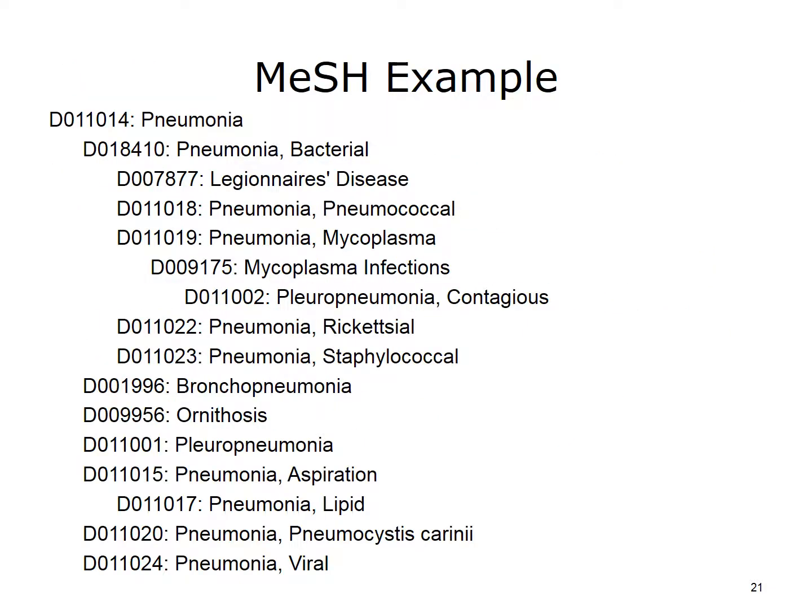Slide 21. This slide shows an example of MeSH terms. The MeSH terms are arranged in a hierarchical structure to permit searching at various levels. This MeSH example for pneumonia illustrates the hierarchical nature of MeSH. For example, one level down from the base code of pneumonia is pneumonia, bacterial. The next level down has 3 branches: Legionnaires' disease, pneumonia, pneumococcal, and pneumonia, mycoplasma, and so forth. The complete structure is